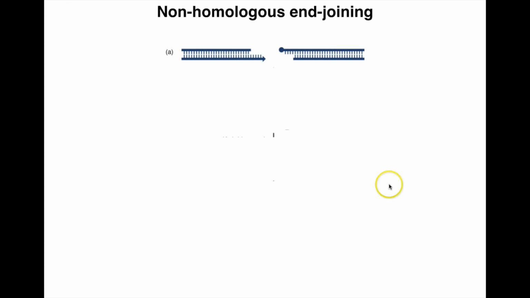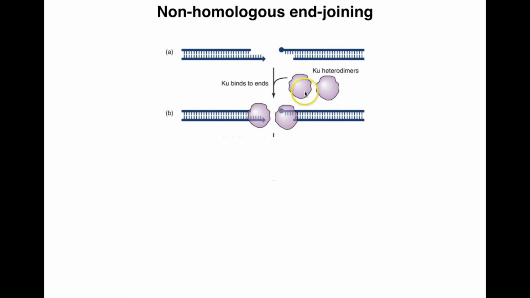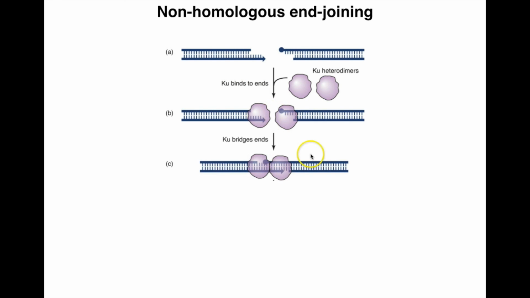So non-homologous end joining begins with, of course, our double-stranded break. And so this is just showing you that there's a double-strand break. And there's proteins that are going to recognize these ends, just as in our normal double-strand break repair, only these are different proteins. So it's the Ku proteins. The Ku proteins will bind to the ends, and it'll bring it close together. Once the ends are brought close together, MRN or MRX, which are the proteins that are involved in double-strand break repair processing in humans for MRN or yeast for MRX, are going to actually form a bridge between the ends